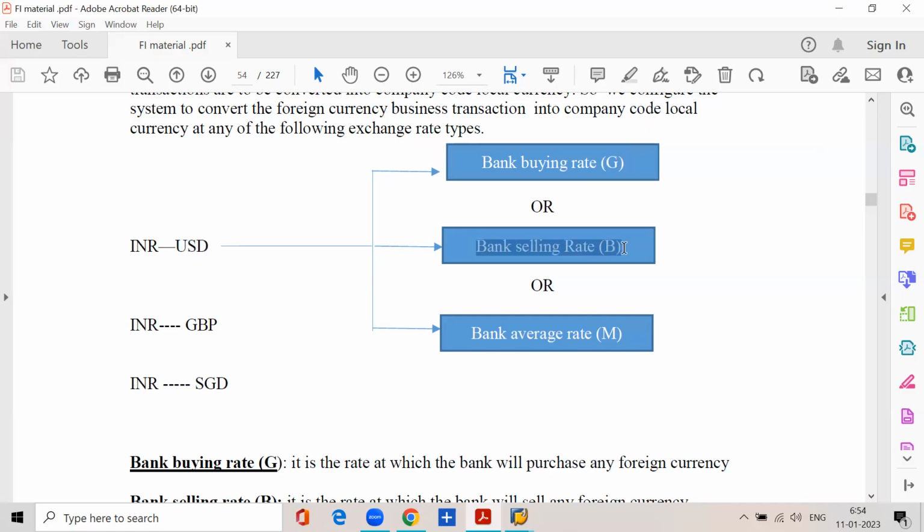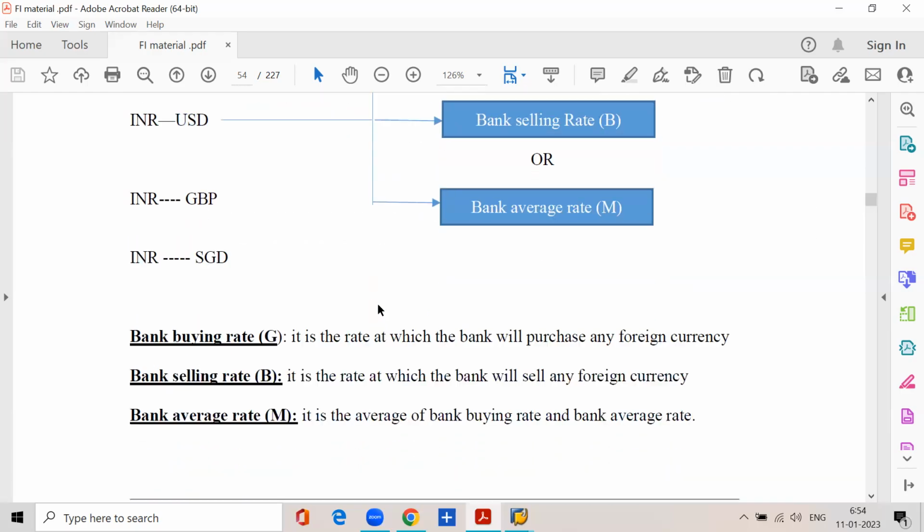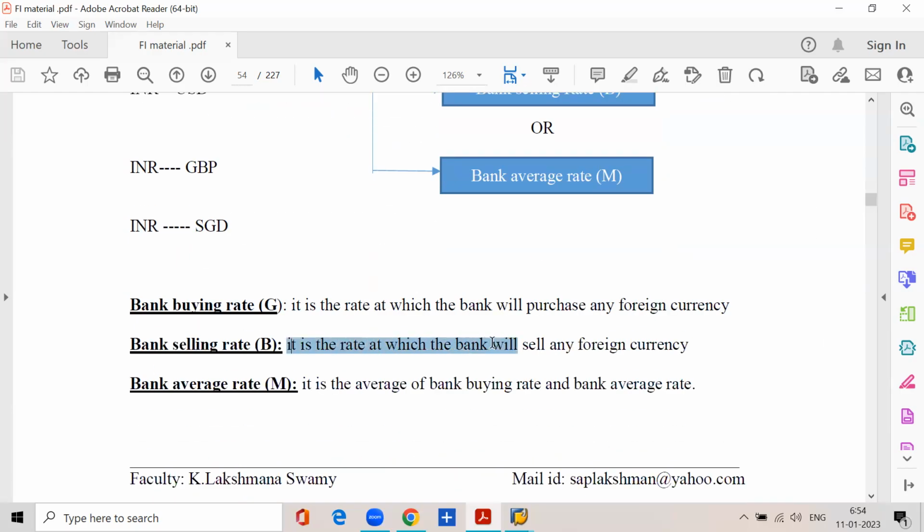Then bank selling rate. Bank selling rate means it is the rate at which the bank will sell any foreign currency. For example, we have purchased plant and machinery from a USA supplier, so we have to make the payment to the supplier in US dollars. We don't have any dollar reserves, so we have to purchase the dollars. We approach the bankers, and the bankers will sell the dollars at a specific rate. That is called bank selling rate. Of course, you can approach private foreign exchange dealers also,